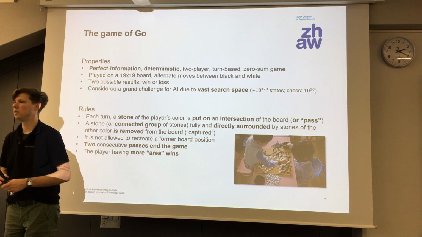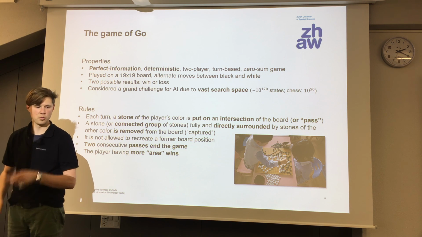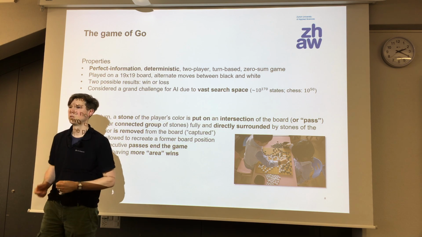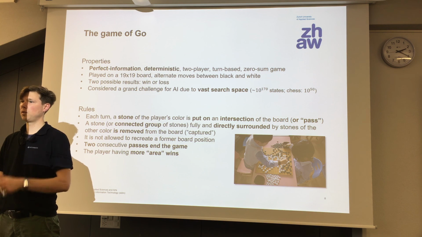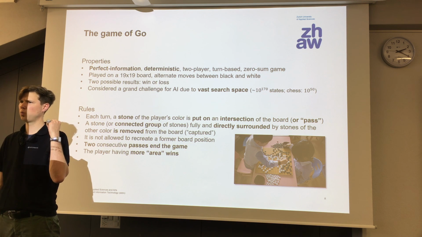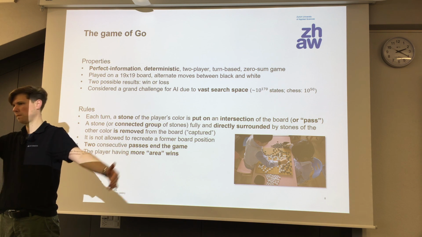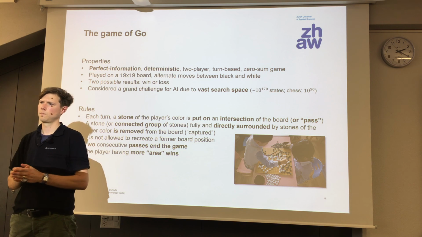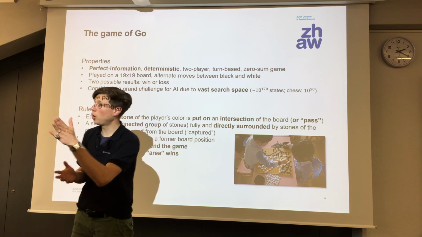Well, how do you remember all the states the board was in, so you don't accidentally go back to a state that was already? I actually don't know. The question was, how do you remember all the states you were in? It's only you can't go back to the state you had before. Is it like that? I read in the rules yesterday, and there it was, you cannot go back to any configuration. I just remembered this way from a presentation we had in deep learning about it, and there they said you aren't allowed to go back to the last step you were in. It's possible that it's like that.